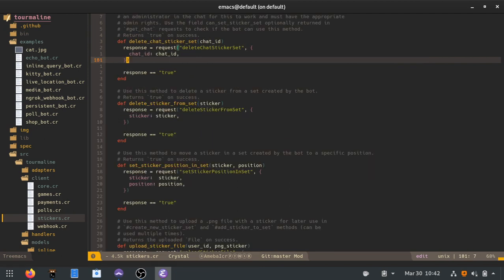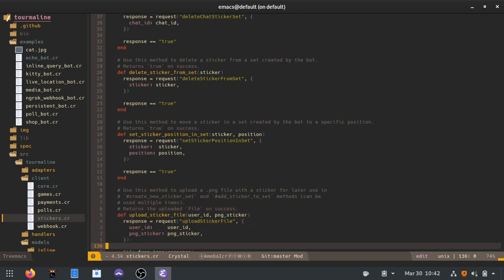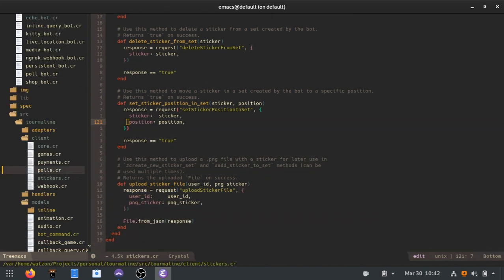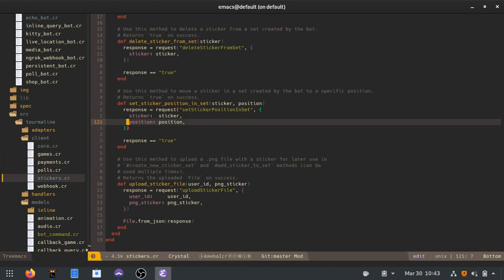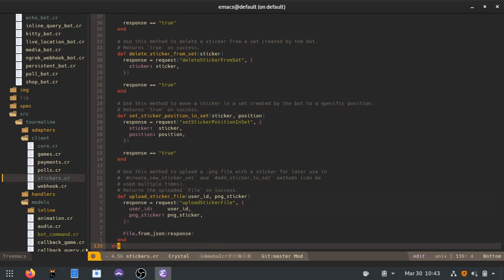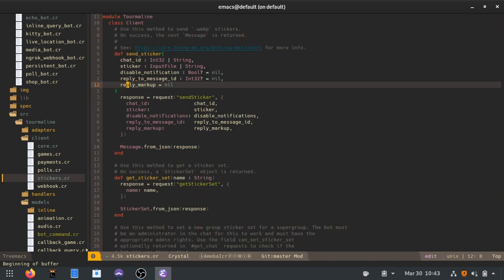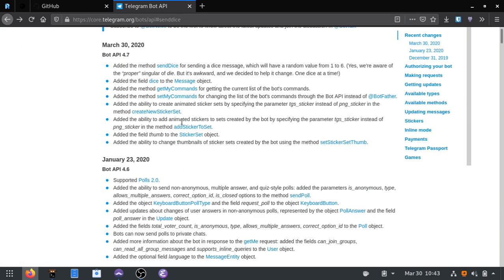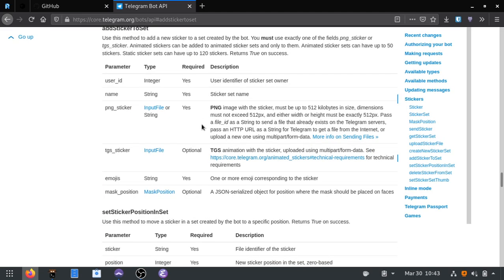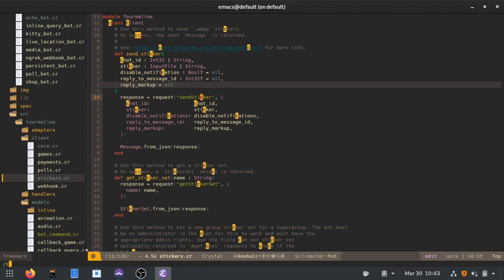And apparently I have been doing, back over here, go to core. For returns true on success, I've been doing this. Okay, small detail, but now we should be able to create a sticker set using an animated sticker. Now add sticker to set also takes those, so